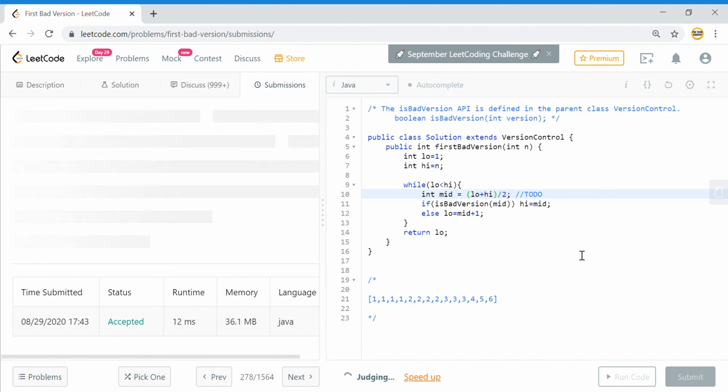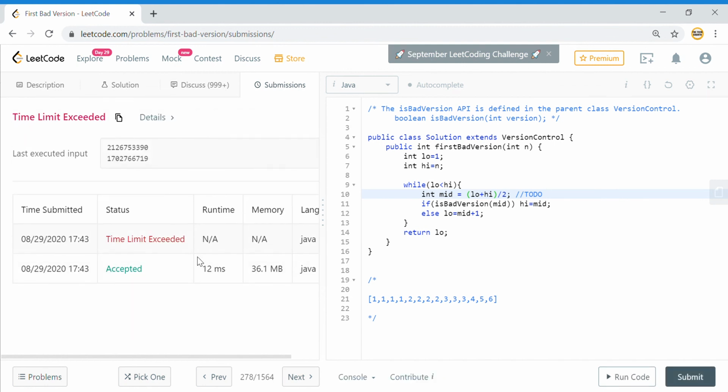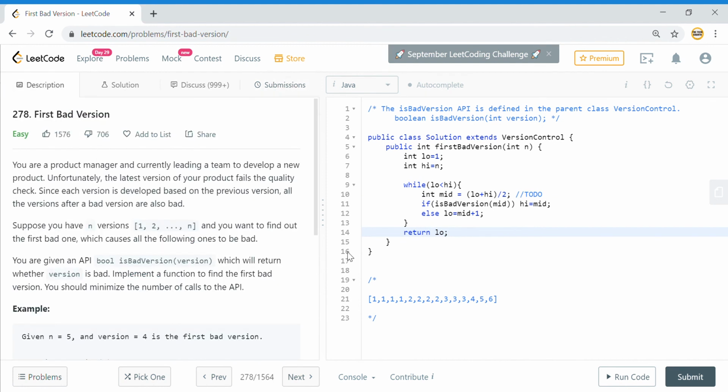I'm not sure why that happened, but it may be because it is crossing the limit of integer, so that may be one of the reasons. That is why a lot of people have disliked this problem.